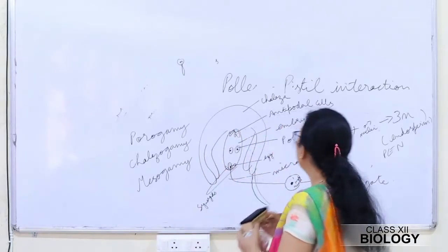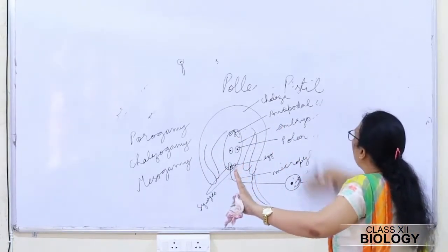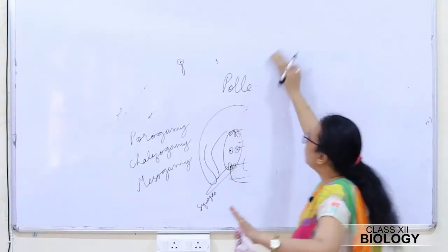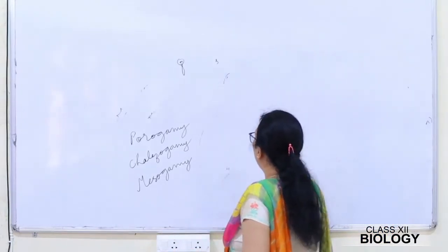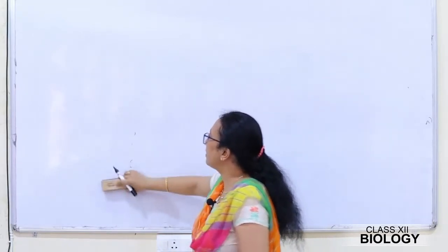Now, if we see, till this we have made the zygote embryo. Zygote will develop into the embryo. How will the zygote develop into the embryo? Before that, one more thing which we have to see is,